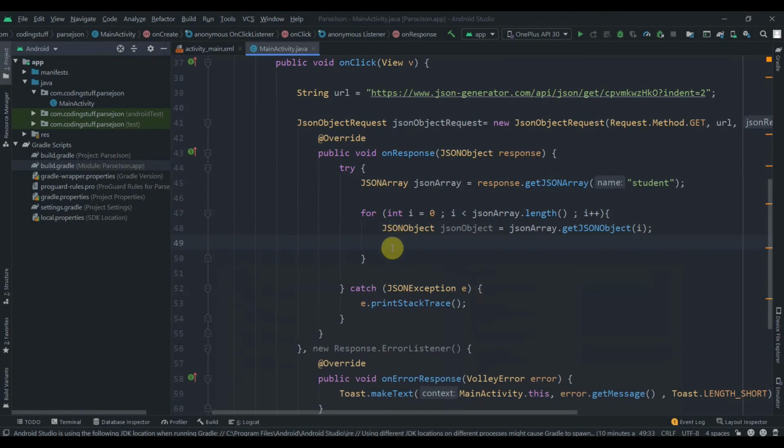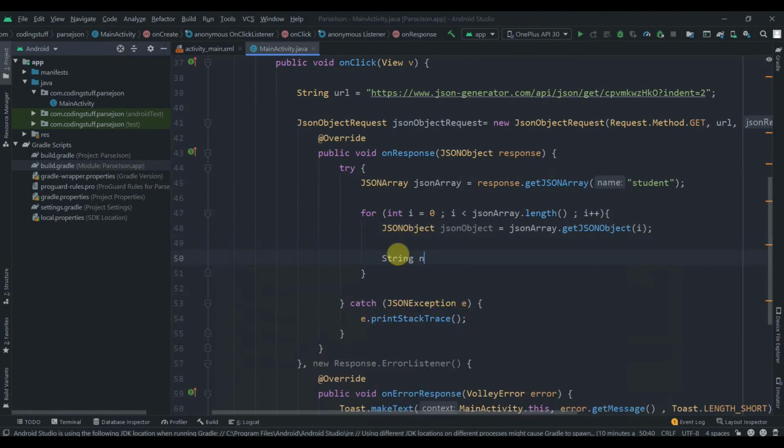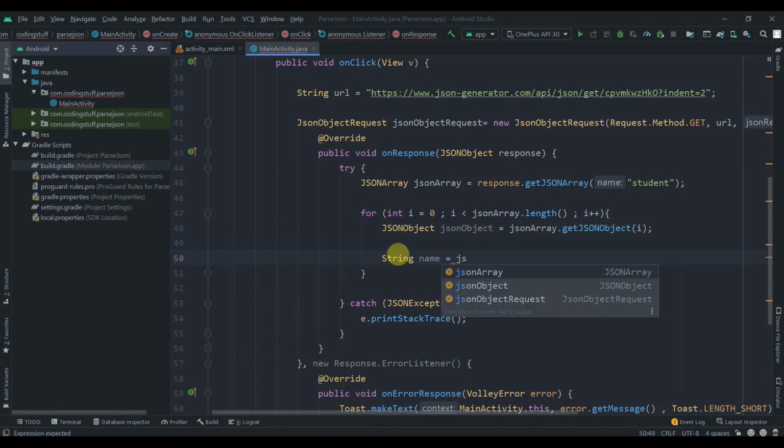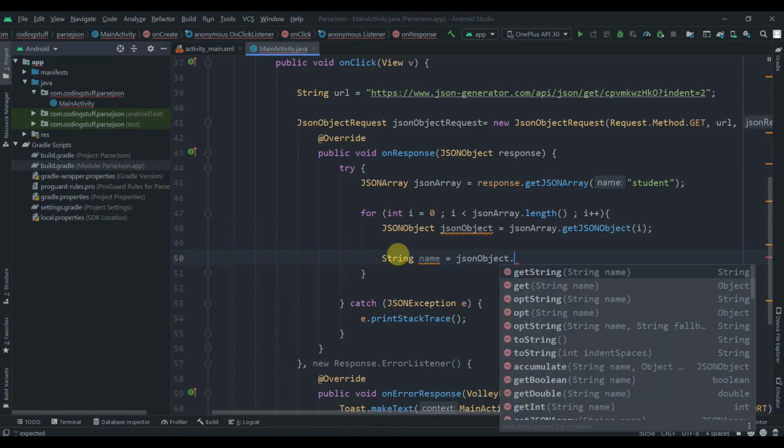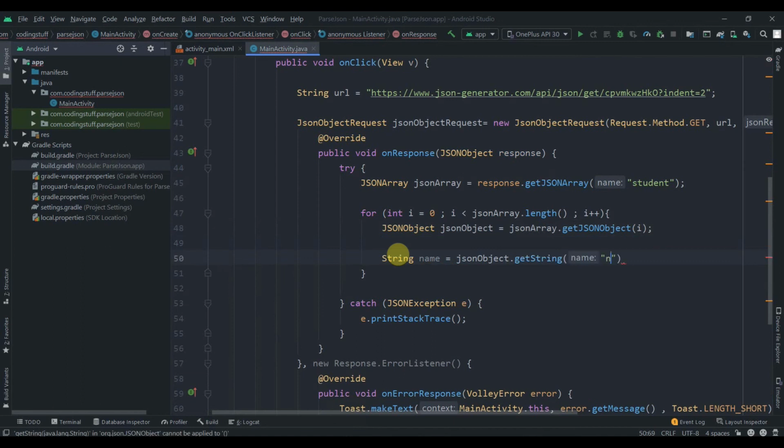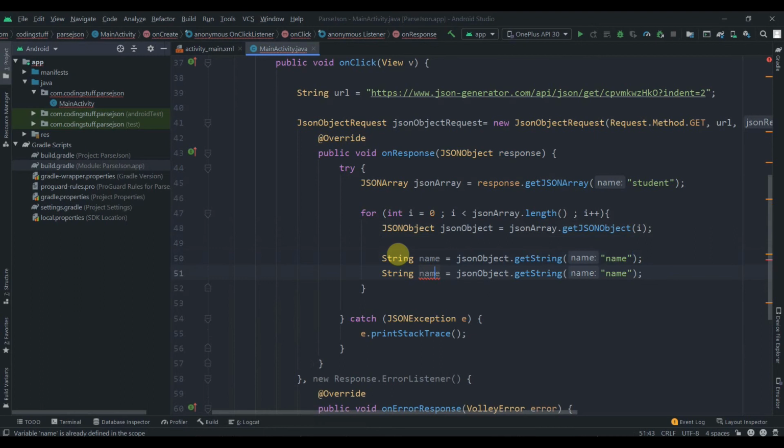So what we'll do, we'll create one string variable, so String, and this will be name, you can write anything. So this will be equal to jsonObject.getString, and we need to pass in the key, so that is name. Now I'll just duplicate it, and this will be email, and the key will be email.